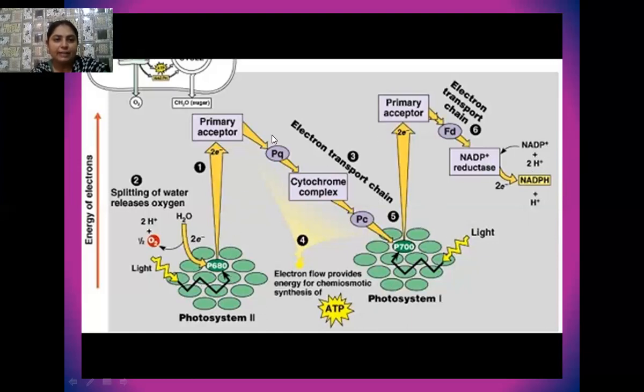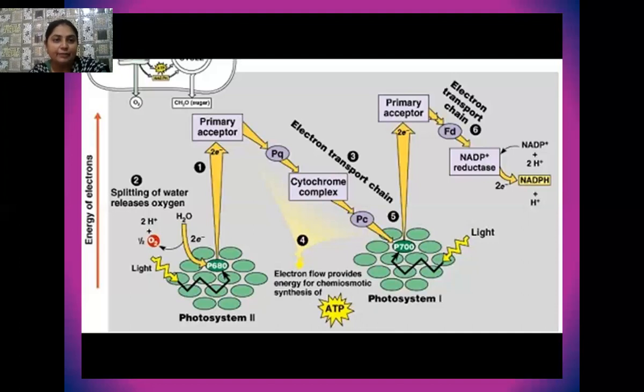So the pathway that is adopted by the electron here has the shape of the letter Z of English. So that's why it is known as the Z scheme of light reaction or Z scheme of photosynthesis. And as the electron is consumed by the NADP plus, again this electron cannot come in contact with photosystem 2, from where it started its journey. That's why this type of photophosphorylation is known as non-cyclic photophosphorylation.